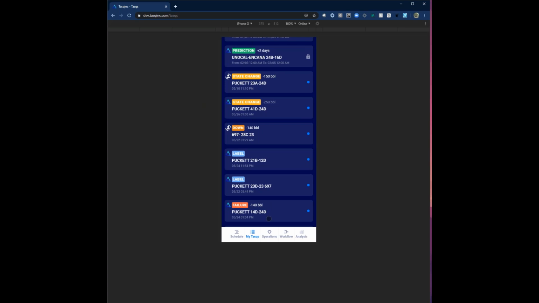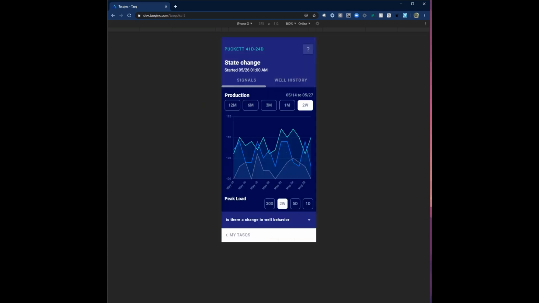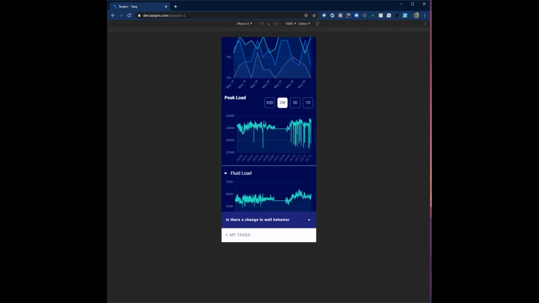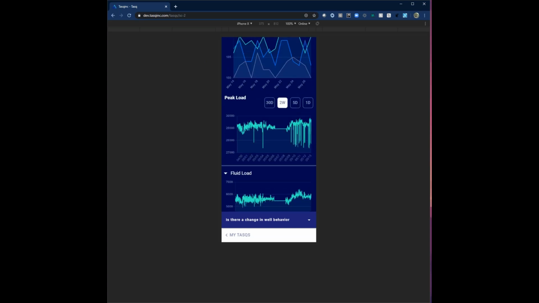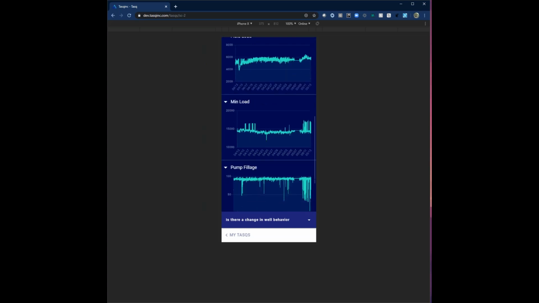So if you click on one of the state change wells, you have the icon there that is reassigned, or the icon there that is due to a task type. But really here we're showing that there is a state change pre and post here. And we ask the question, is there a state change for this well during this time period? So if you go down to that, Kenny,